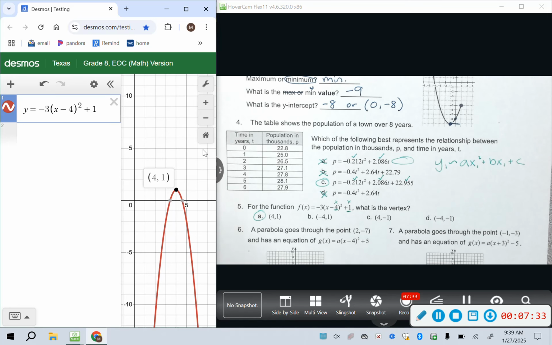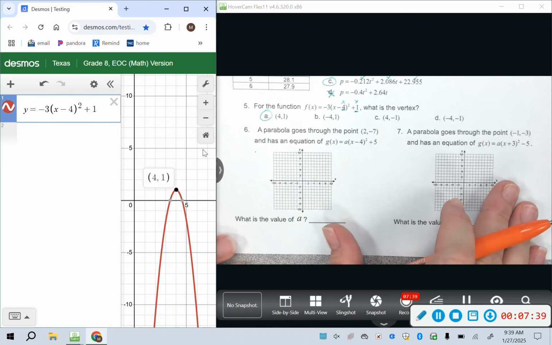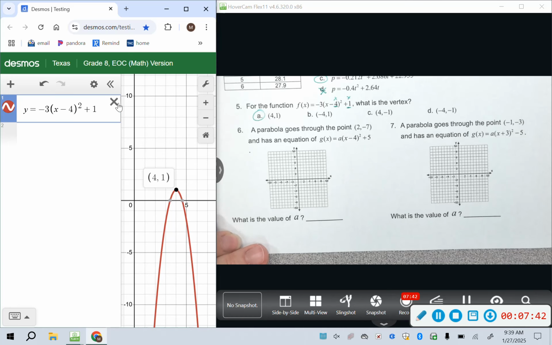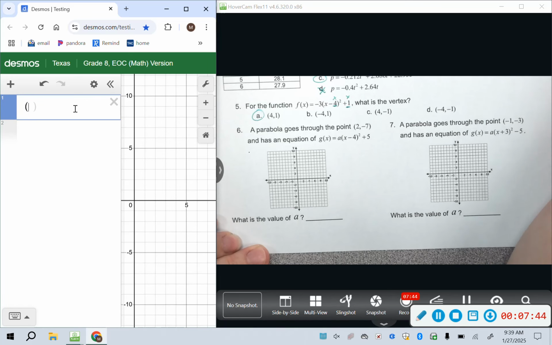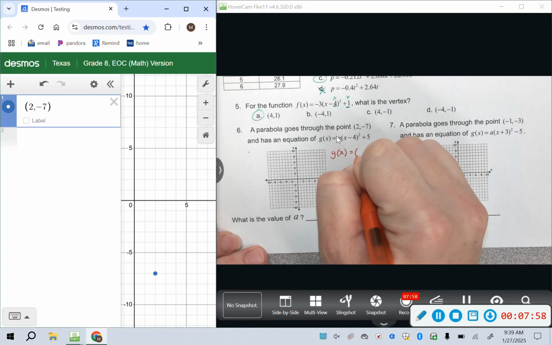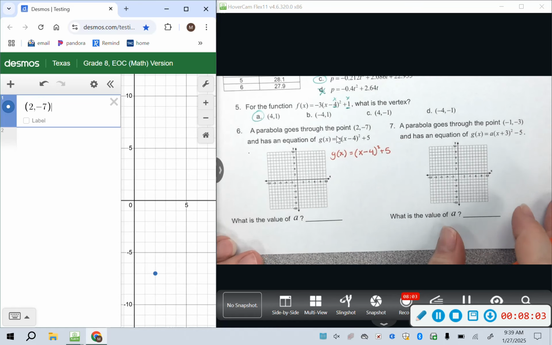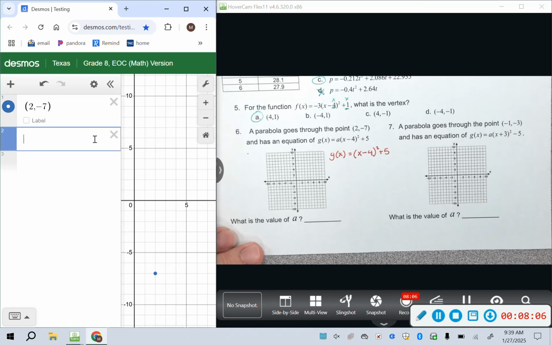Okay, so let's look at number 6. Number 6 and 7 are calculator problems. So it tells me a parabola goes through the point 2, negative 7. So I'm going to type that in. And it doesn't tell me it's the vertex, so I don't need to label it as vertex. 2, negative 7. And then it tells me this part of the equation. It says it has an equation of this, but I don't know A. So I'm going to retype it without A, because it gives me my H, my K, meaning it's going to give me my vertex. So when I type that in, I have G of X equals